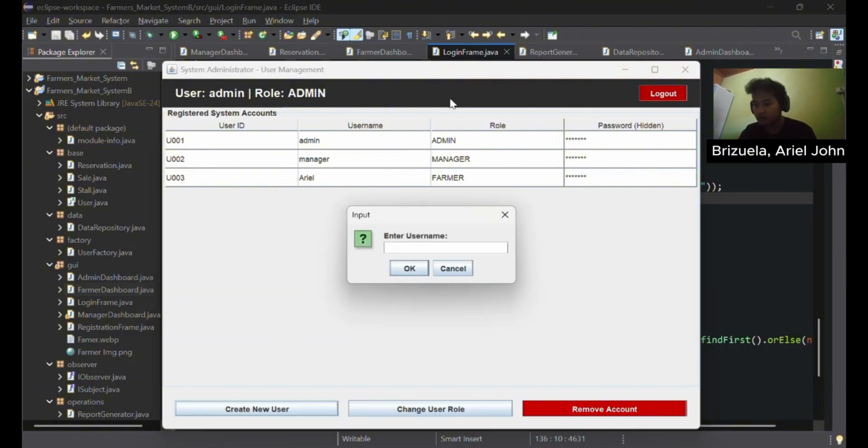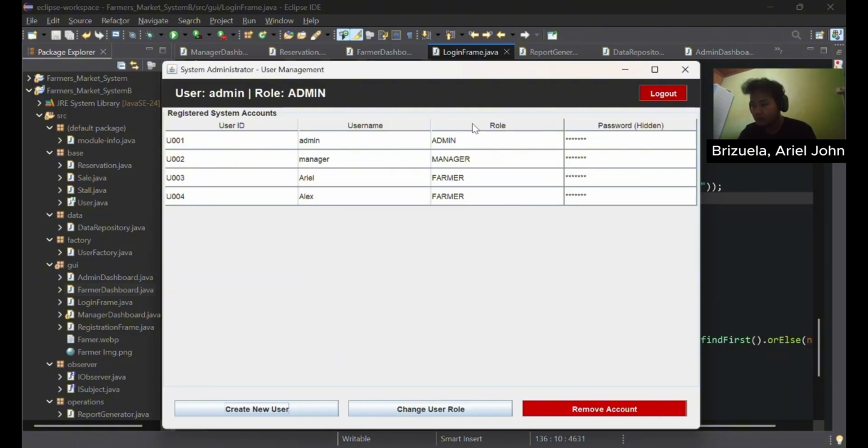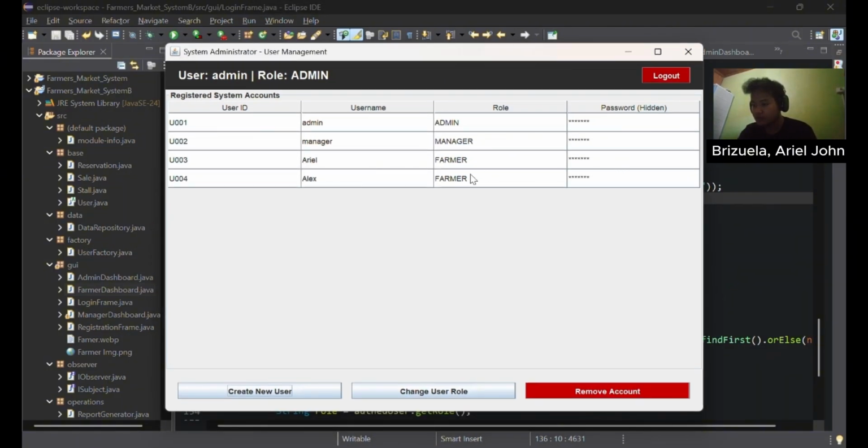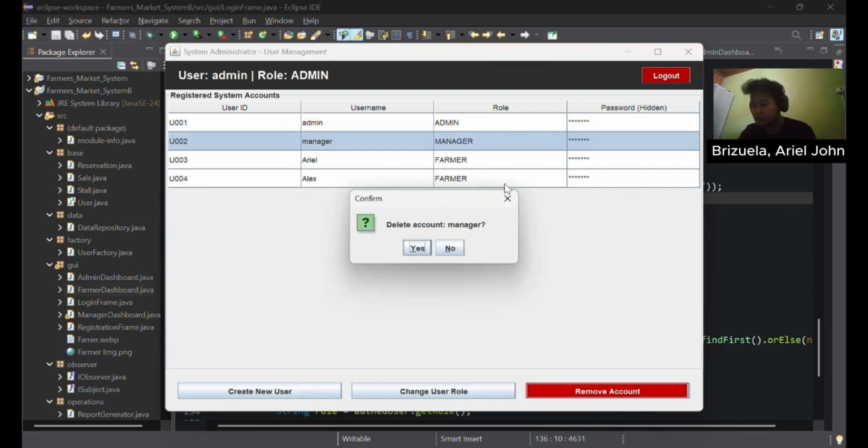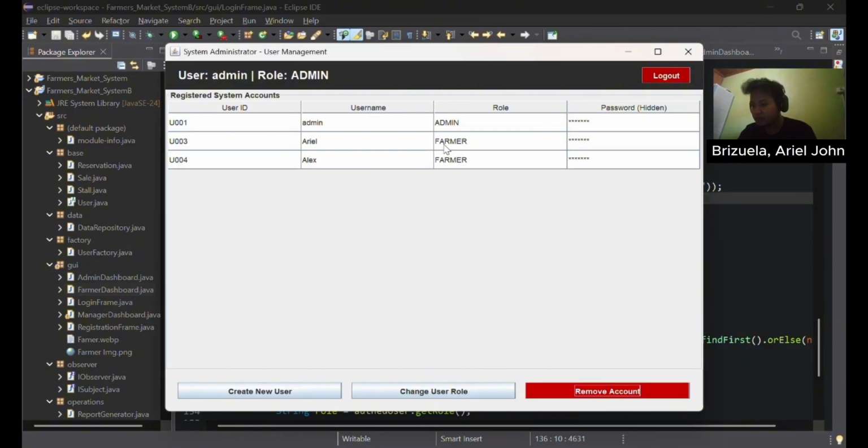Let's add a new farmer named Alex, and set the password. Here we can see the farmer and the manager. We could also change or remove the account of the manager and make Alex the new manager.